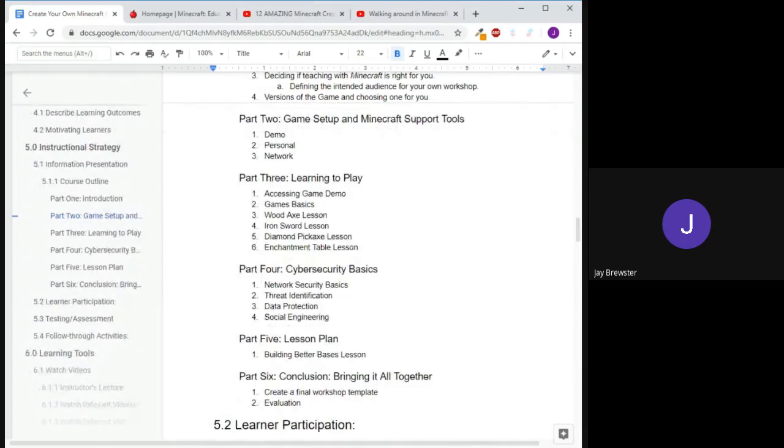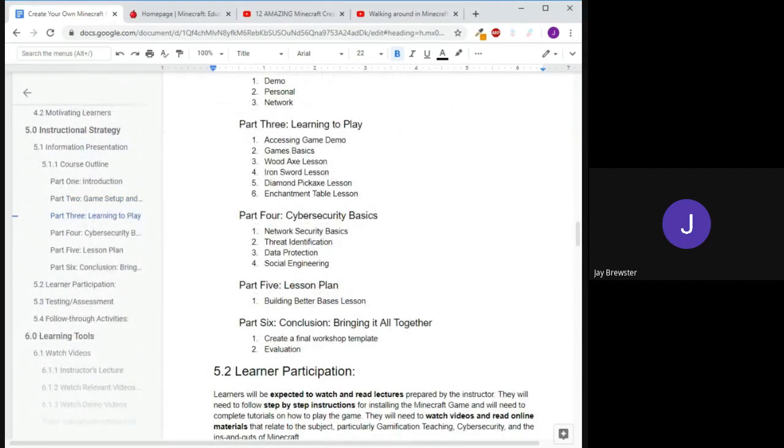There's sections on specific stuff about the different versions of the game. Then you'll dive in and you'll do a series of lessons that were created by Chris Markman that teach you how to learn the game. In addition, the student will be doing online tutorials, different things to practice, small assignments to practice the game.